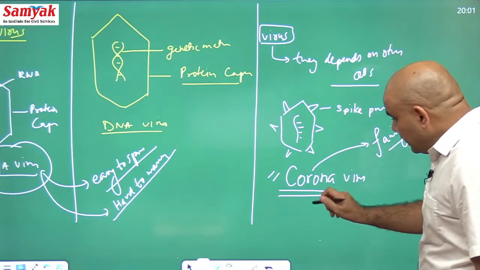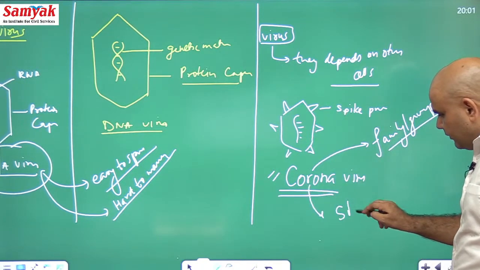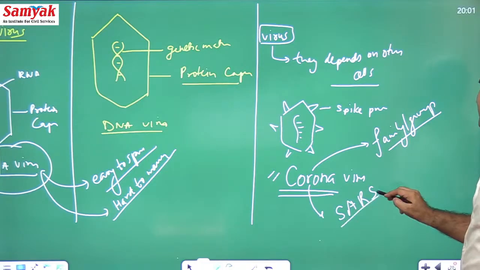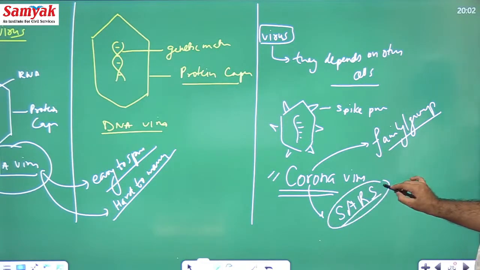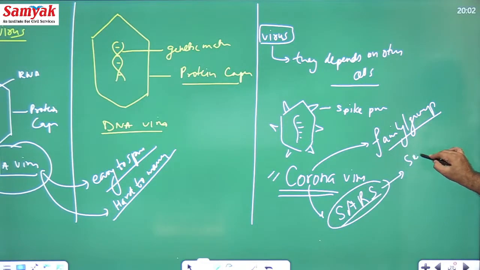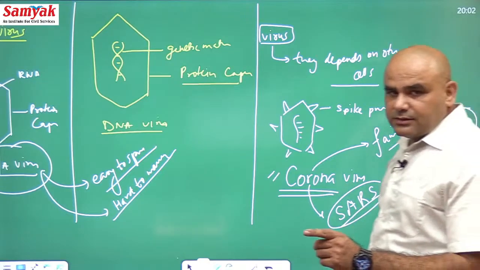Now, under coronaviruses, there is one subgroup named as SARS. Now, what is SARS? SARS is severe, A for acute, R for respiratory, S for syndrome. So any of the viruses,